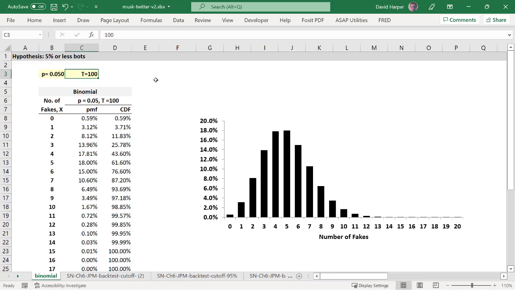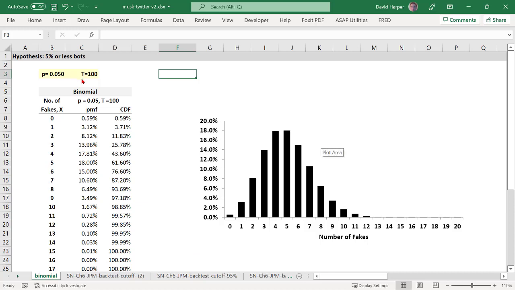This lends itself to the binomial distribution, which I have plotted here, which is a fabulous and useful distribution for the same reason that we use it in the FRM. In the FRM, we use it to back test value at risk, right? We use it for a VaR back test, but it's useful in both cases.